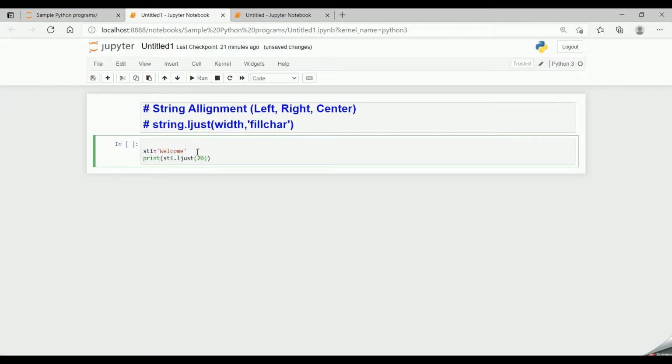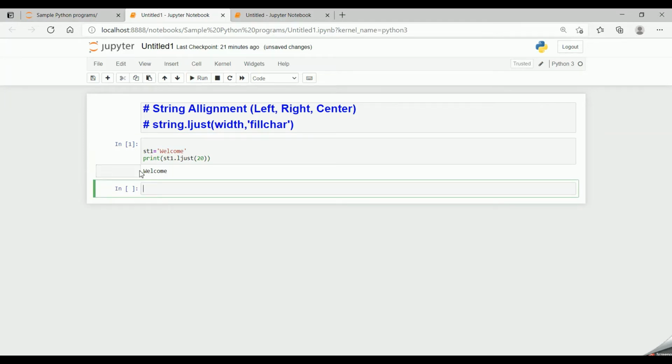I'll just pass the width. If we don't specify anything as the fill character, it will take spaces as the filling character. So if I say print st1.ljust(20)